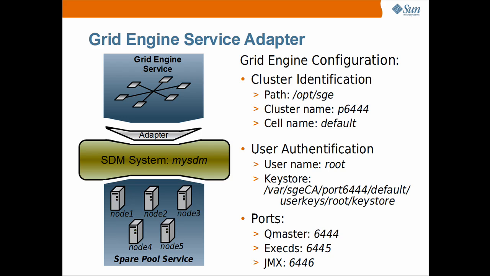To identify the cluster, the name of the cluster and the cell are required. Here the cluster is named p6444, the cell default. Then the cluster's admin user and its credentials will be needed. Here the admin user is root and his keystore is located in /var/sgca/port